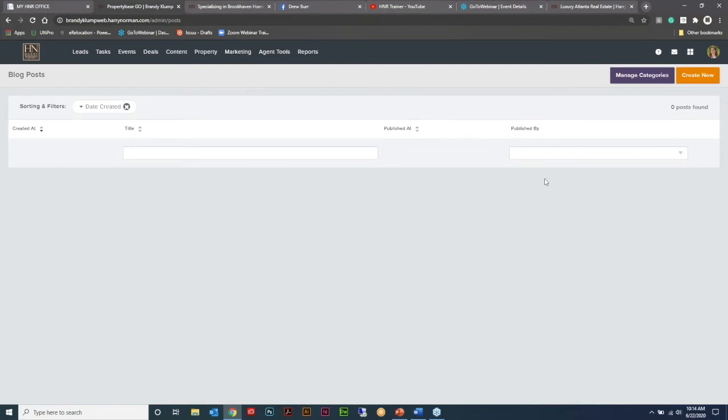In this window, you can manage categories, which you would only have if you create posts, which I'll show you how that works. And you can create a brand new blog post. So I recommend everybody, either during this class or after this class, come in here and attempt to create a new blog post. That is your goal. So I'm going to click on Create New using the orange button,